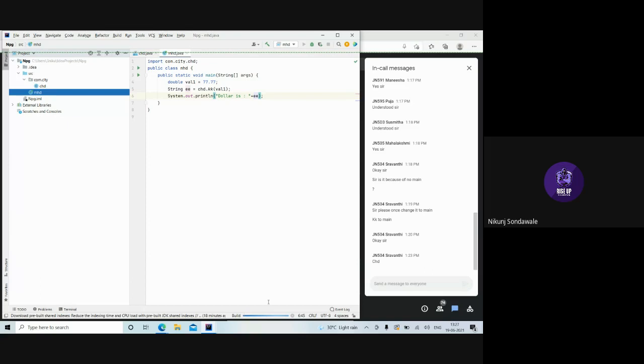You see it is building. Come on, give us the output.